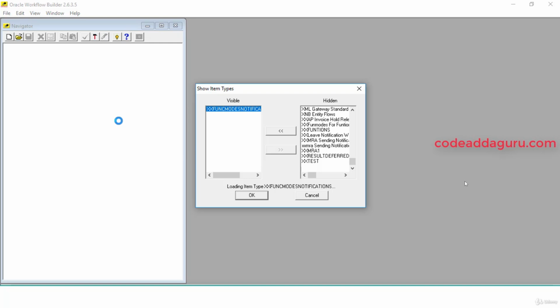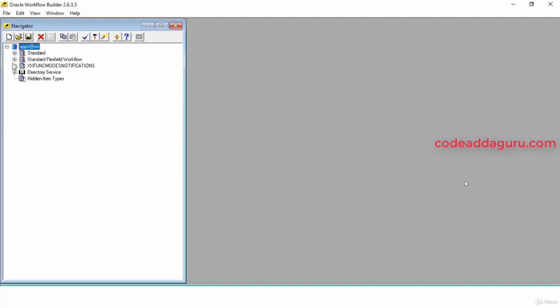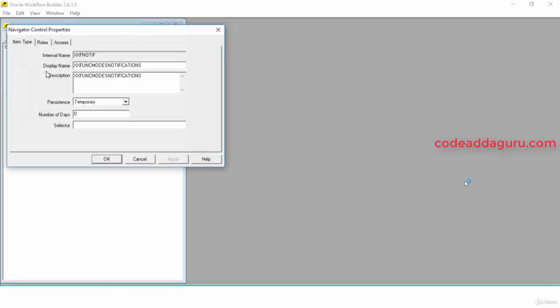This is an item type which we have developed. Go to item type, see what is item type,